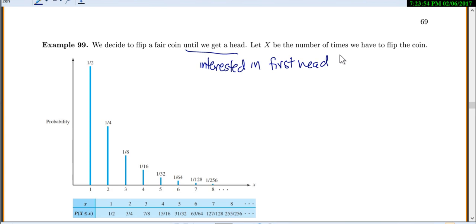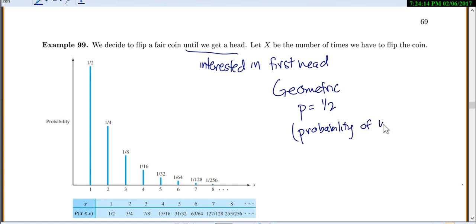Because you're interested in that first head, that tells you it's going to be a geometric. And we're tossing a coin, so we have a 1/2 chance of getting a head. So p is 1/2 because the probability of heads